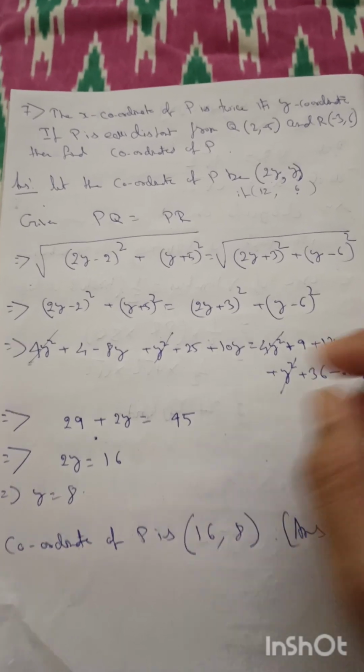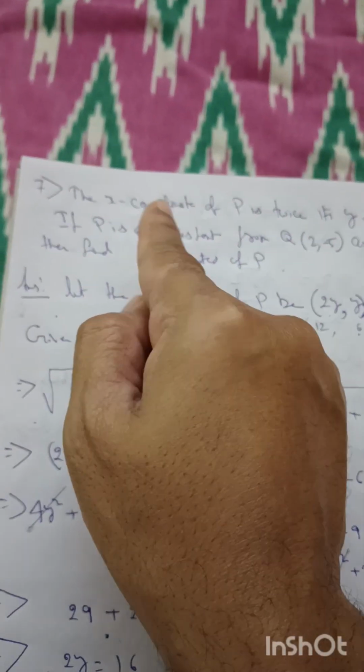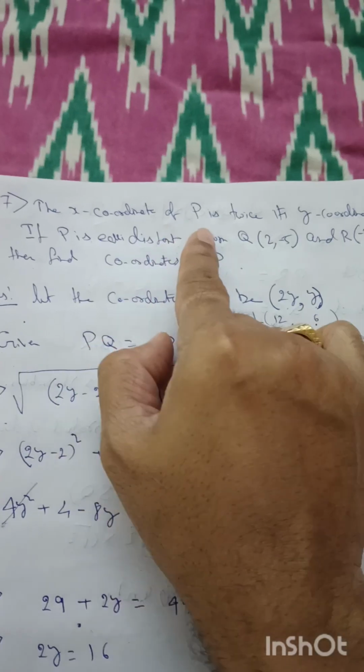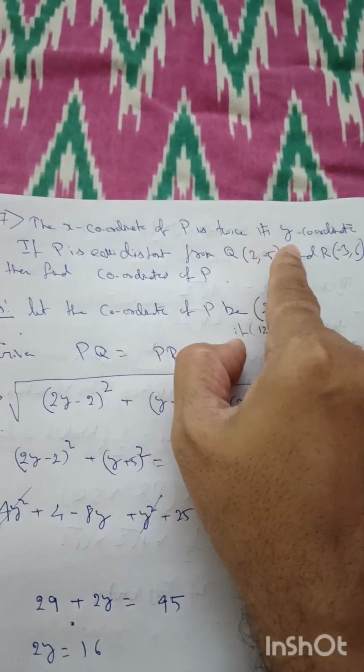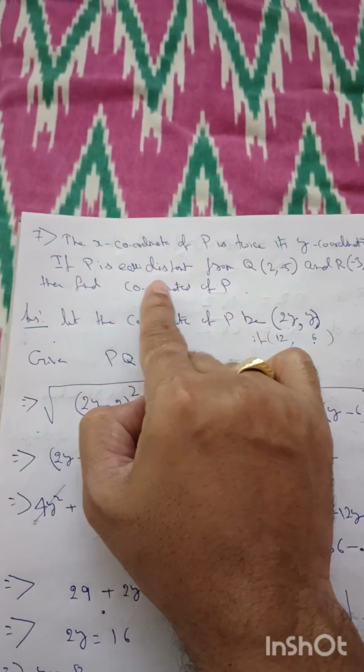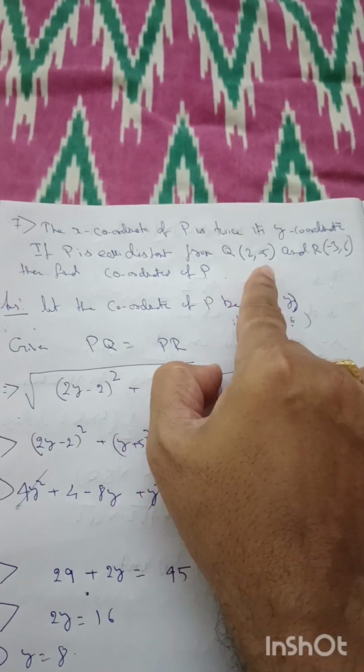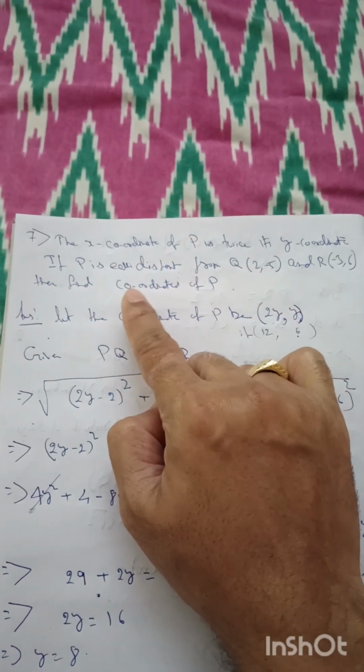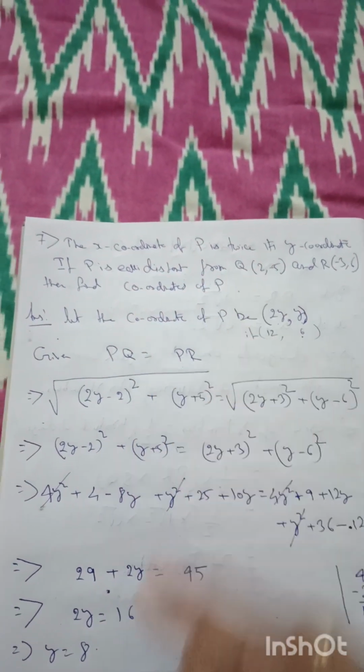Let us see another example. The x coordinate of P is twice its y coordinate. P is equidistant from the points Q and R. Find the coordinates of P. Now,